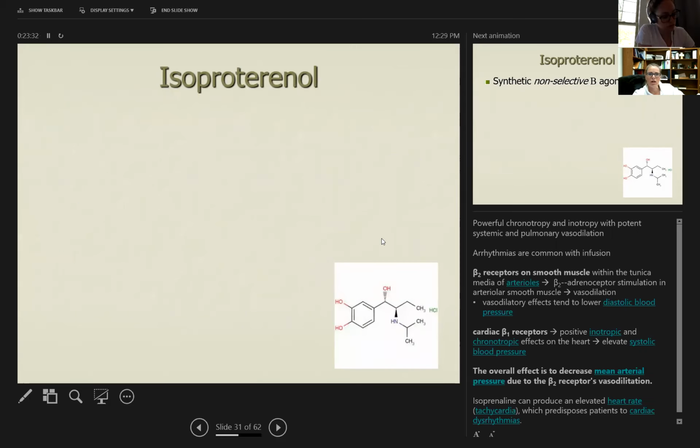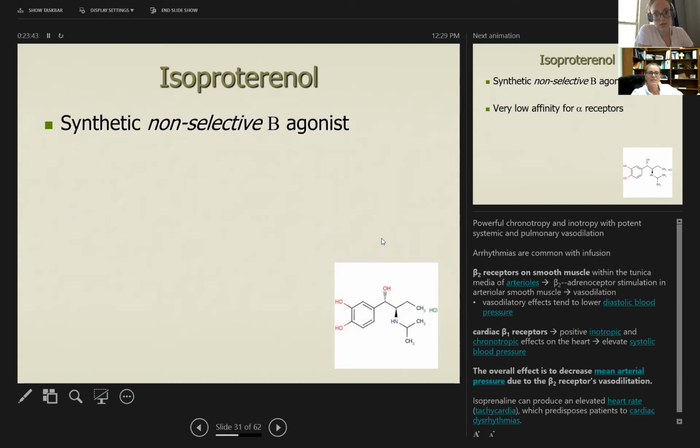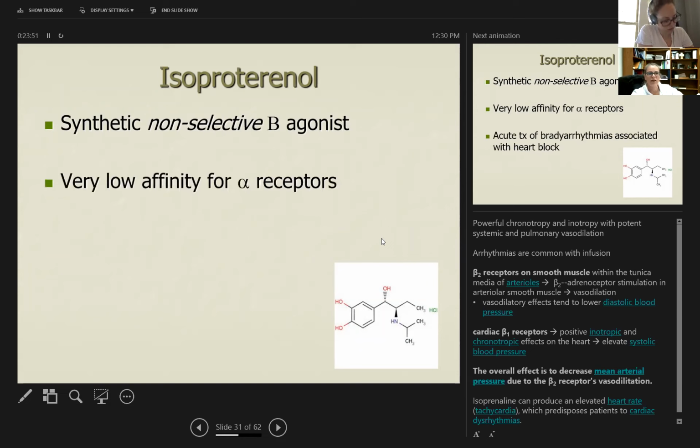Isopril or isoproterenol is one that we're probably not nearly as familiar with in pediatrics. We don't use it a whole heck of a lot, but this is our pure, again, synthetic, pure, non-selective beta agonist. So it essentially has no affinity for alpha at all. So if you think about what our beta-1 and beta-2 receptors do, you're going to get your very powerful chronotropy, very powerful inotropy, but you're going to get systemic and pulmonary vasodilation. Very commonly see arrhythmias with this,